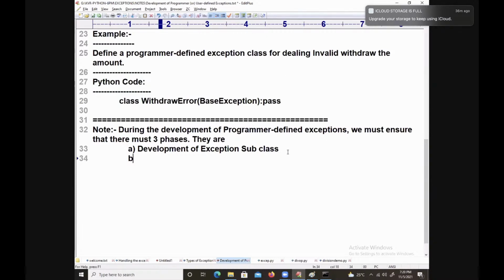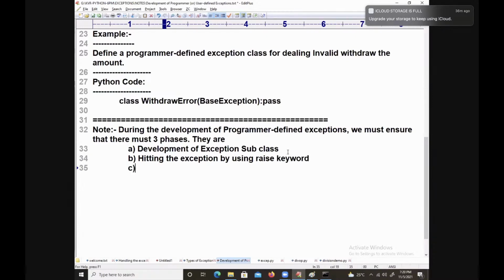Second part is hitting of the exceptions, by using which keyword? The raise keyword. Excellent.